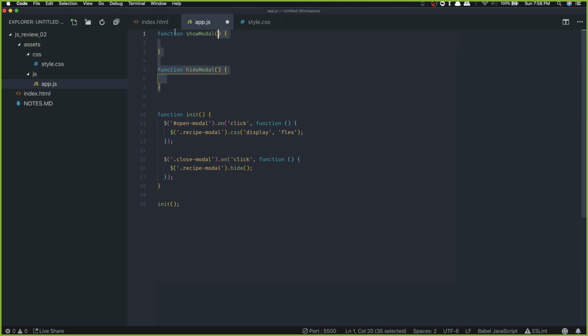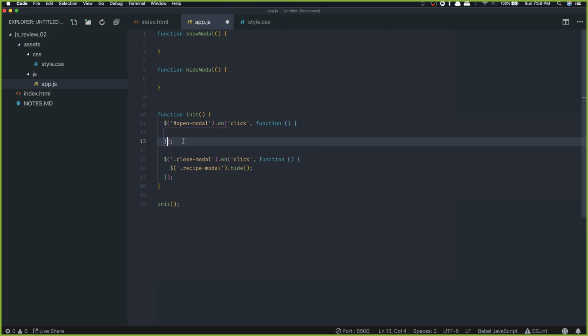If you looked at these two functions right now, and you didn't know what a modal was, you might be confused. But since you all know what a modal is at this point, which is just an overlaid thing on top of everything else, then we know that this function is going to do that and this function is going to do that, right? So let's take this code inside of here, cut it out,